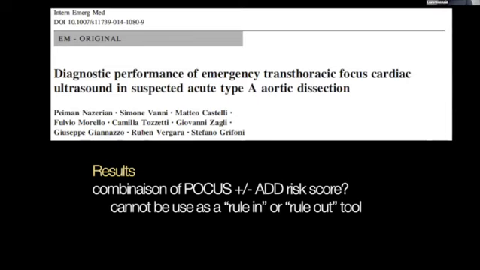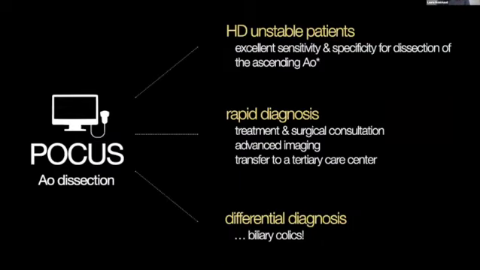And then, you know the aortic dissection detector risk score, they were actually trying to see if the use of POCUS, plus or minus the ADD risk score, was helpful in diagnosing aortic dissection in the emergency department. Unfortunately, with this study, again, it cannot really be used as a rule-in or rule-out tool. So, okay, there's not much literature recently that can help us, but what I'm going to tell you is that